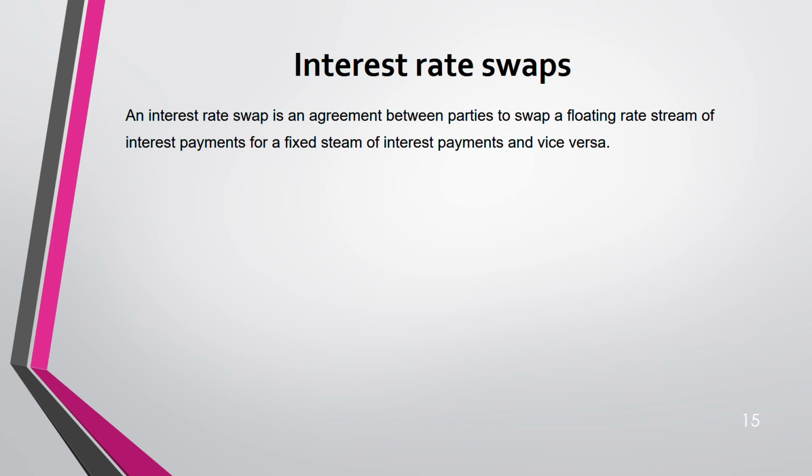Coming to interest rate swap. You know swapping, right? You take my thing and you give your thing in return. My thing is yours, your thing is mine. And later we swap it again, right? Same way, in an interest rate swap, two parties agree to swap their floating rate of interest with the fixed rate of interest. Let's say you are currently paying floating rate. Now you want to pay fixed rate. So you swap with someone who is going to give their fixed rate to you and you give your floating rate to them, right? We all know how swapping normally works.